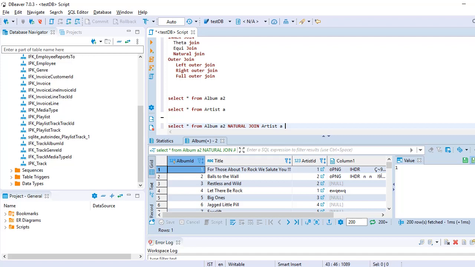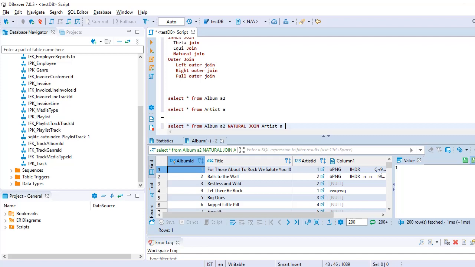In the equi-join, we use the equal to operator in the comparison of the common attribute values. And in the natural join, we just write natural join to join the two tables, and it will internally check the common attribute among those tables and join them.